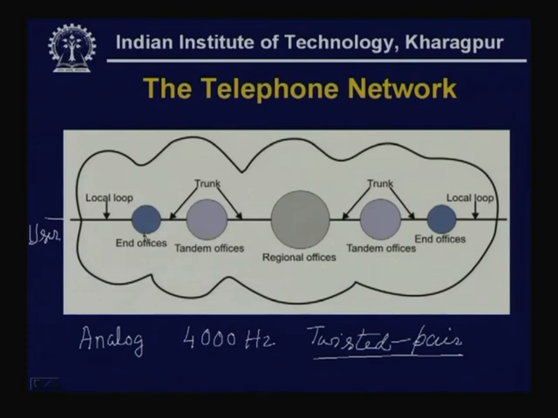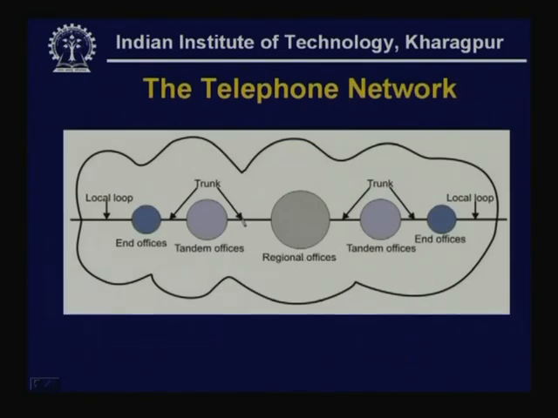Then these end offices are connected using trunk lines to tandem offices, and these tandem offices are in turn connected through trunk lines to regional offices. So, this is a generic representation of the telephone network. Here I have shown only a few trunk lines. It can be a cascade of trunk lines, and obviously these trunk lines are implemented with the help of high speed lines. For example, these trunk lines can be